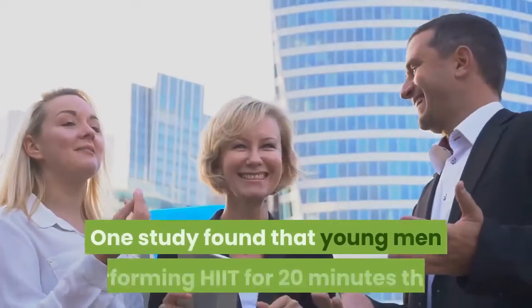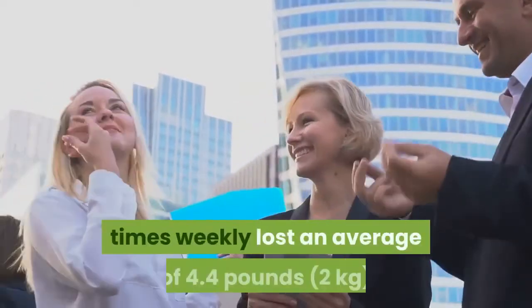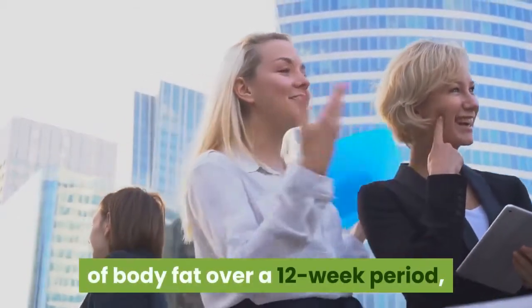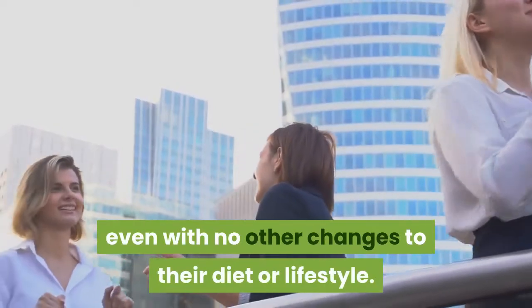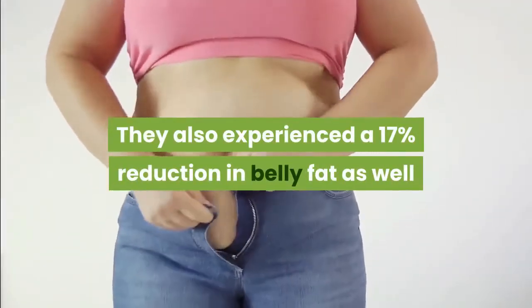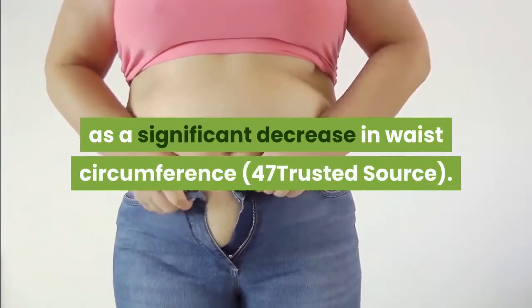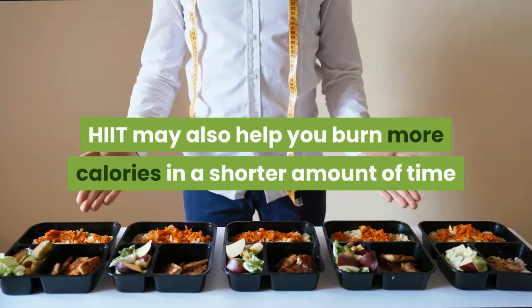One study found that young men performing HIIT for 20 minutes 3 times weekly lost an average of 4.4 pounds, 2 kilograms, of body fat over a 12-week period, even with no other changes to their diet or lifestyle. They also experienced a 17% reduction in belly fat as well as a significant decrease in waist circumference. HIIT may also help you burn more calories in a shorter amount of time than other forms